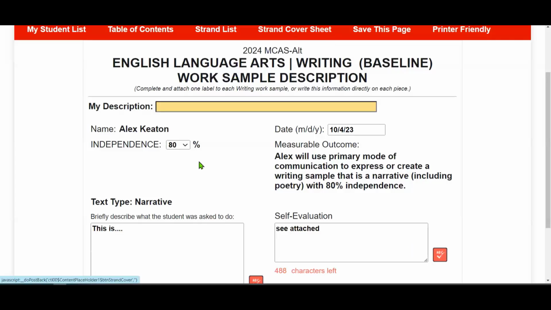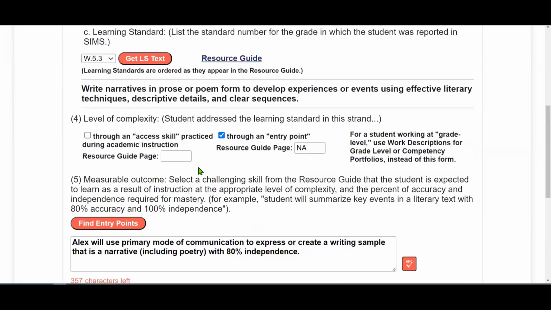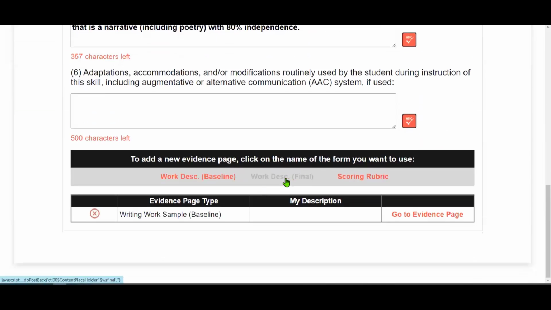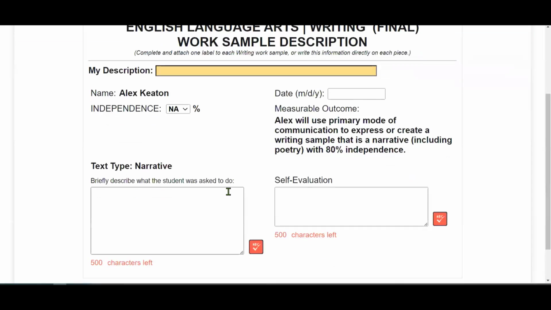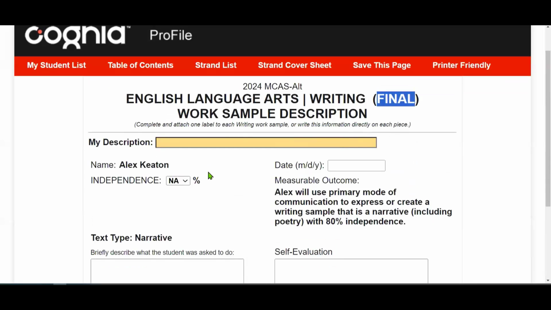We can go back to the cover sheet. The other version of that is the final. And you'll notice once I open it, it's exactly the same, just one says final. But it wants the same amount of information. So I'll show you a bit of a completed sample after, but those are the 2 components of the description labels. But the one that's really different, if we come back,